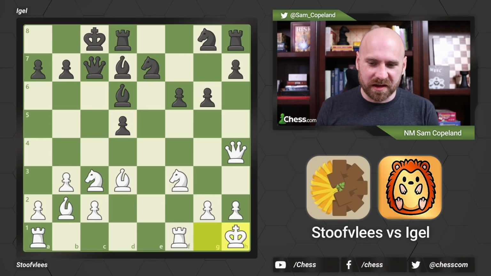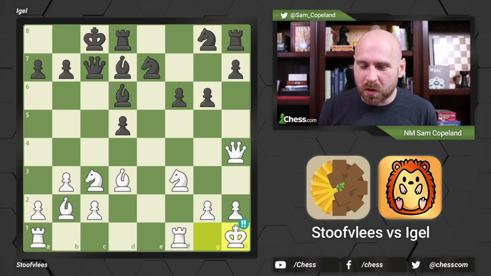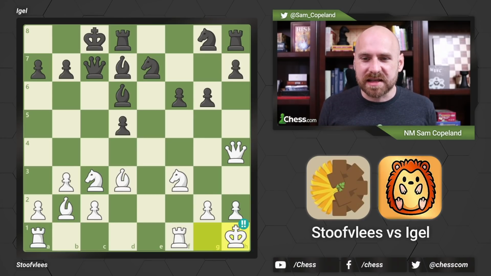King H1. I'm going to go ahead and throw a brilliant on this move, even though I don't completely understand it. I think this move is basically saying, hey, what are you going to do? You don't really have any good moves for black. And by playing King H1, I avoid some checks from the queen or the bishop at some point, where some